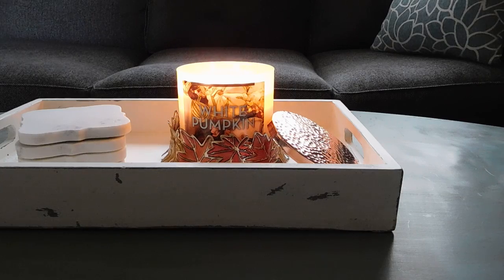Today, welcome to my family room. It's kind of dark in here. Very romantic though, right? Anyway,